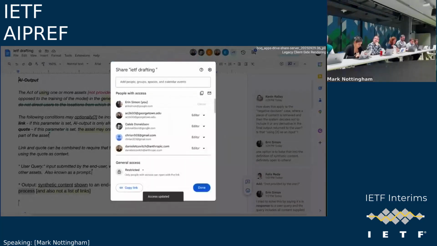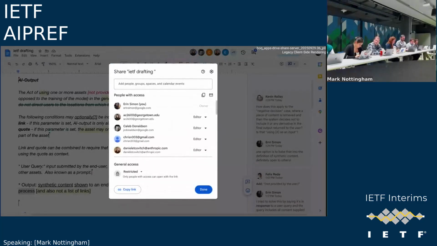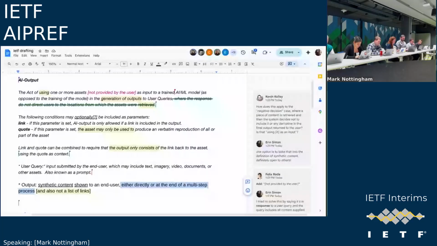So I just want to add that one of the strengths of the display-based preference was the fact that it was output focused. What we've tried to do here is incorporate the best components of that along with the other ideas that have been coming up from Erin and from others. It does address many of the scenarios, for example code generation scenarios and others that were problematic yesterday.